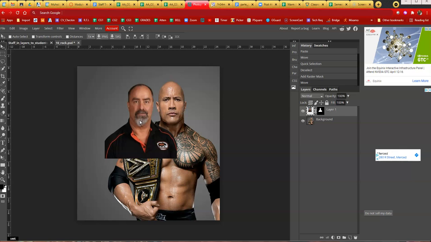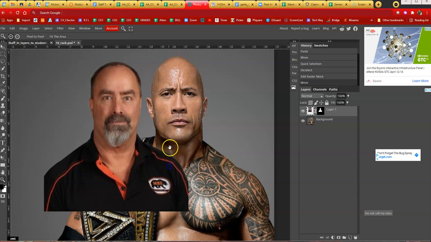You have to use the knowledge that you've already learned to raster mask out the staff member that you've chosen in an excellent way. We're going for realism here, right? We want to make these look like that staff member actually belongs to that body. We're going to do everything we can to make it as realistic as possible. So again, after I get that initial mask, I'm going to zoom in and look at